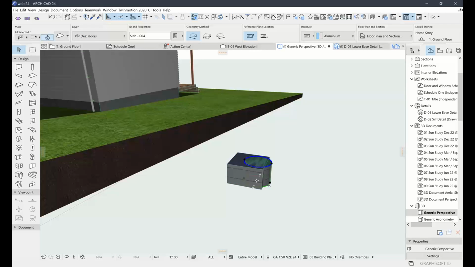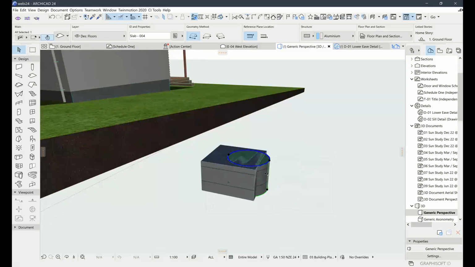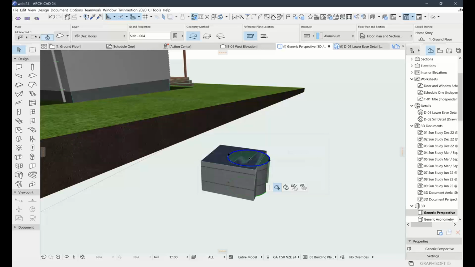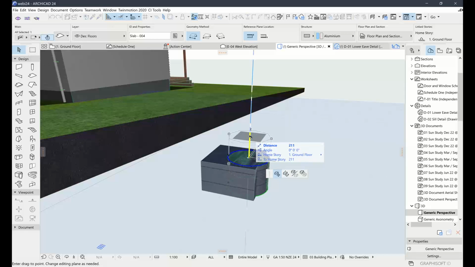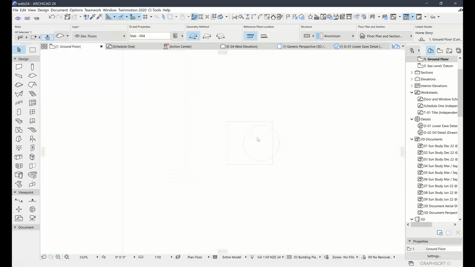And what we're going to do once we have the thing that we want ready to go, we're going to save it out as a custom component. I keep on clicking the edge there, which I don't want. And I'll just center that quickly. Obviously, you won't need to do this one because there's already one that looks like this. That's fine. Okay,